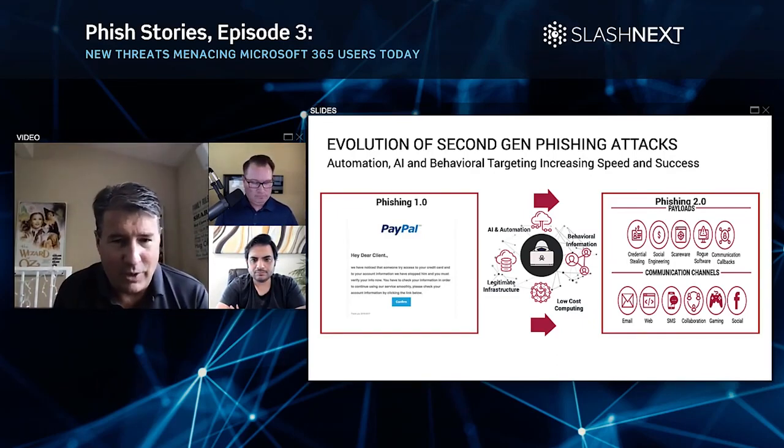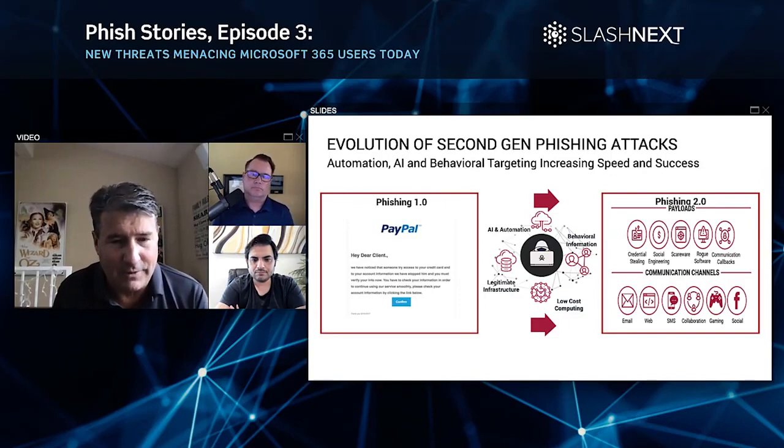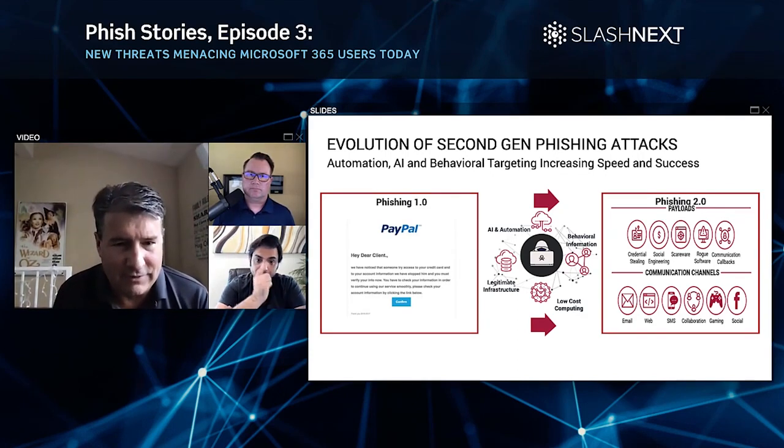You combine that with known behavioral information that you can source out of the dark web or LinkedIn or any other place they can get information about you, and you automate attacks. This has created a recipe for bad actors to create extreme havoc across your digital attack surface.